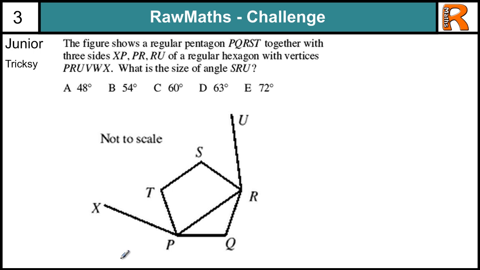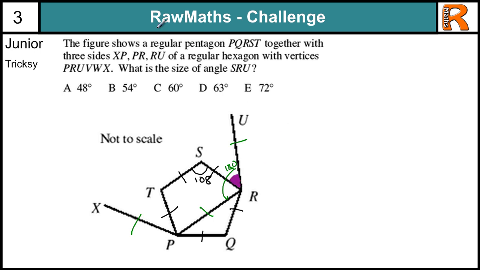Junior Trixie question from Raw Maths Challenge number 2. So here's the solution. This shape here is a pentagon, SRQPT. The interior angle, the angle on the inside of the pentagon, is 108 degrees. The other shape we got here is a hexagon, or 3 sides of a hexagon, and those angles on the inside of the hexagon are 120 degrees. Now we're trying to find this angle in here,